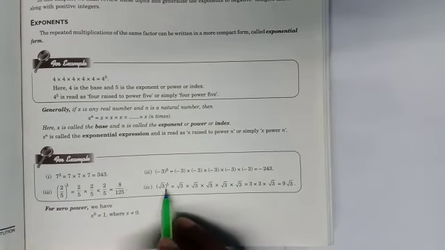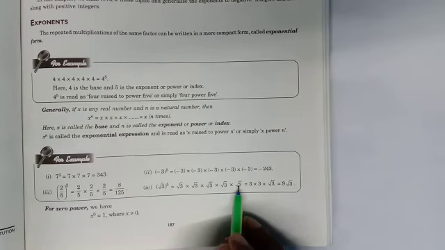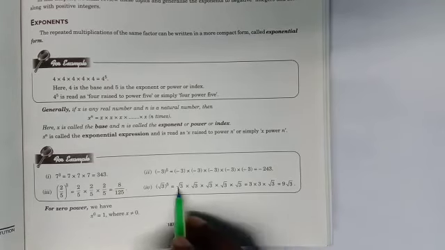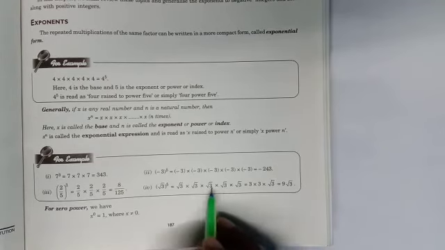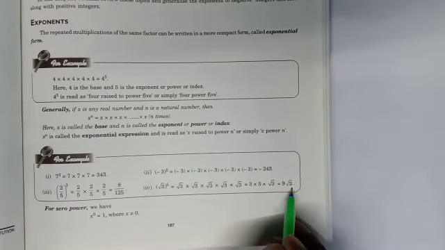Next example is take root 3 whole to the power 5 means root 3 is multiplied 5 times. 1 time, 2 times, 3 times, 4 times, 5 times. Automatically what will give you? 2 root 3 will give you 1 3, again 2 root 3 into will give another 3, 1 root 3 left, 9 root 3 is the result.